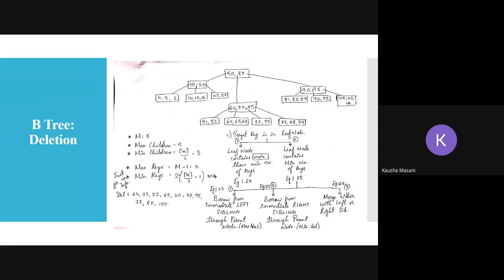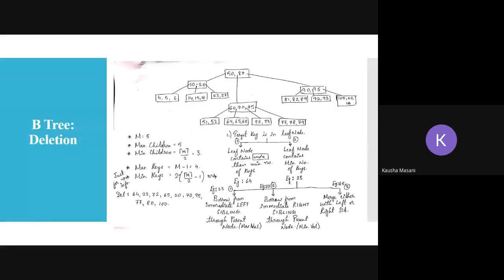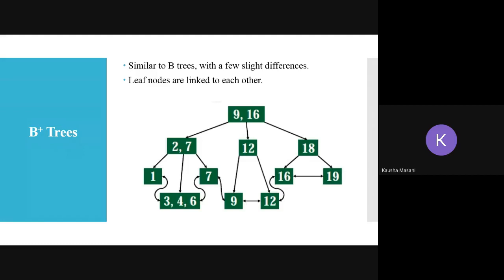Fine. So with this, we are completing your B tree. We are moving to your B plus tree. Okay, now see, the B plus tree is nothing but, you know, similar to your B trees, but with a little bit of change. The change is in the leaf nodes. The leaf nodes are connected with each other. Okay. Previously here, no leaf node is connected. See, you cannot see any arrows in the leaf nodes. Okay. In your B plus tree, the difference is something like this. See, the leaf nodes are linked to each other. Okay. That is the difference.